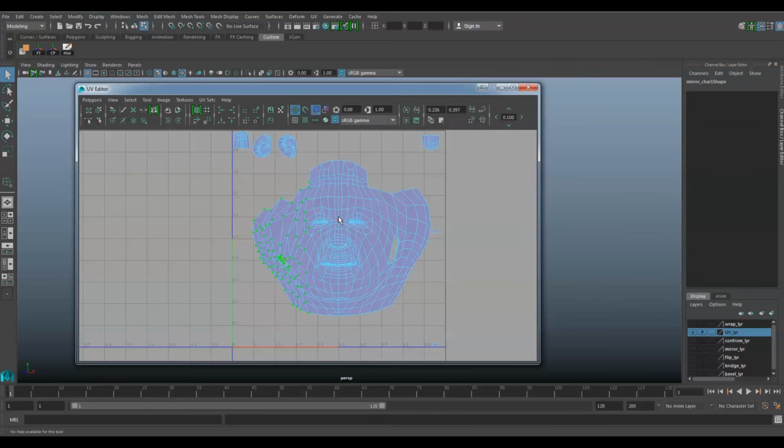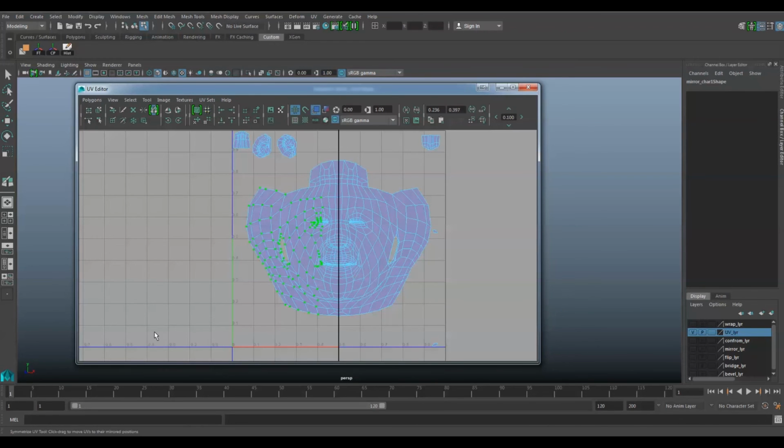So if I click on it, and I'm going to select that, if I run the command and click on it, you can see Maya is now defining the axis at the center. Now look at that, now I'm getting a brush. Maya looks at the right hand side and matches left hand side to the right hand side. So all I need to do is just hold the left mouse button and drag. And look at that, everything is